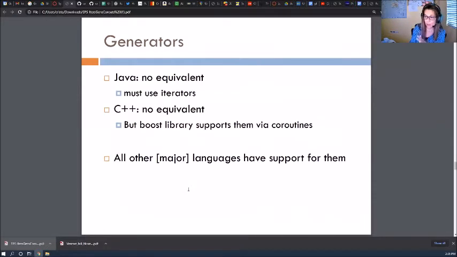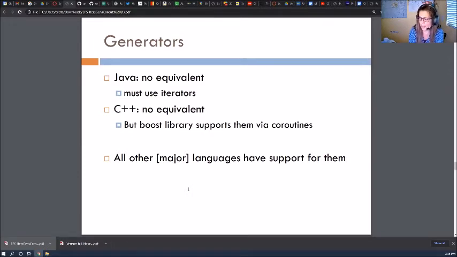But basically, there are no generators in Java. So if you want to solve this problem of infinite collections, then you have to use iterators of some sort. Some sort of iterator concept is the thing that you need to have. In C++, there's also no equivalent.